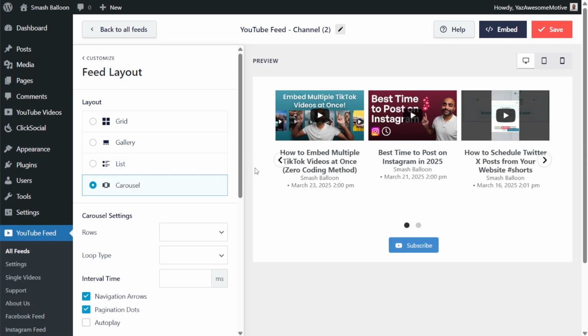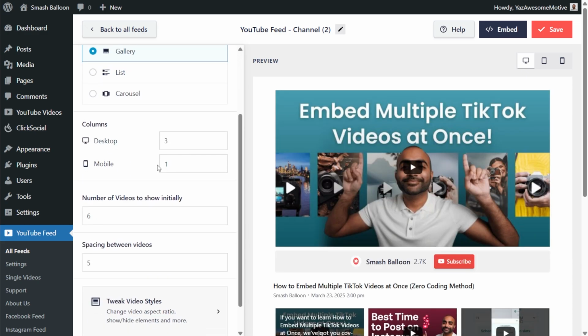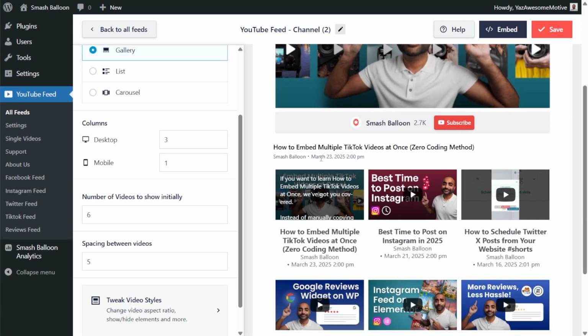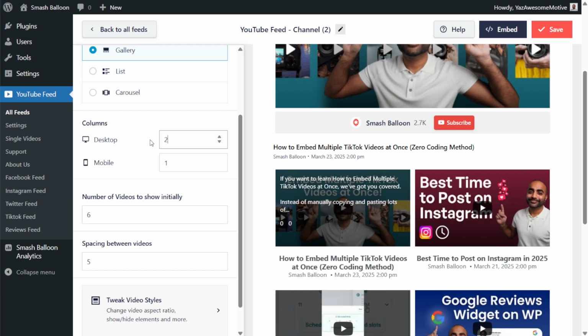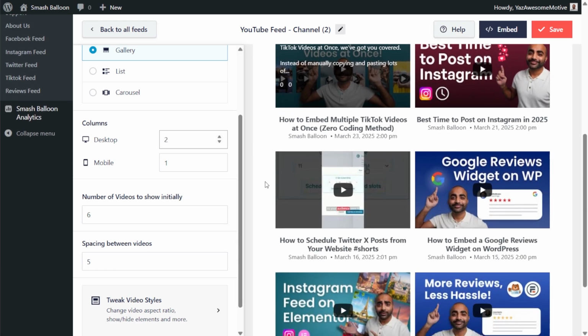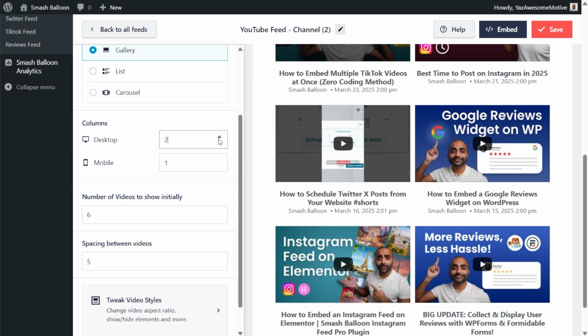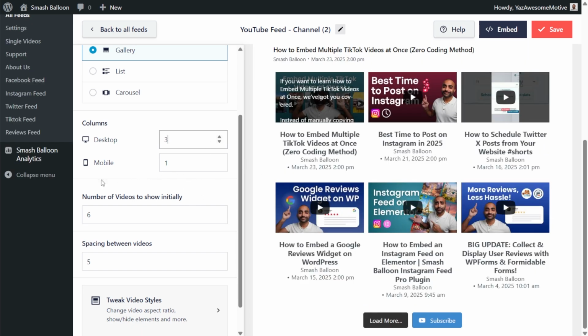But for now, we're going to continue with the gallery layout, and if you scroll down, you can choose the number of columns you have inside your feed, on desktop and mobile. As you can see inside the preview, we currently have 3 columns, but if you want to modify it, just change it to the number of columns you want to display. So I'm going to change it to 2, and instantly we now have 2 columns instead of 3 inside our preview. Let's change it back to 3,